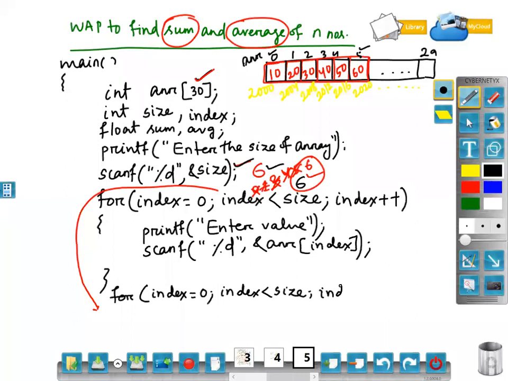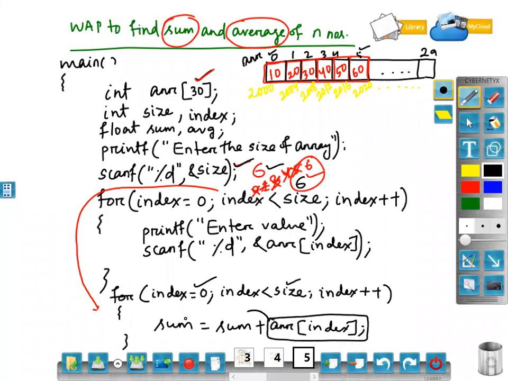and then index plus plus. So here I can write sum equal to, like you write sum of digits of a number. How do you write it? Every digit you add to sum and you update your sum. So here sum equal to sum plus array of index, because starting from index 0 till the last one, every value will come one by one, be added to sum, and the sum will be updated.